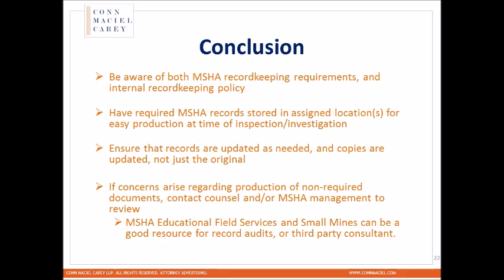these people are out there. They are limited in what they can do because there are so few of them at this point. And they typically don't provide too many resources to large corporations or companies they feel have the ability to go elsewhere for assistance. But record keeping is one thing that I found they are typically able to help with readily. So if you want to have them review, EFS personnel don't have the ability to write citations. I know there's always the stigma or the thought that they could go back and report it to